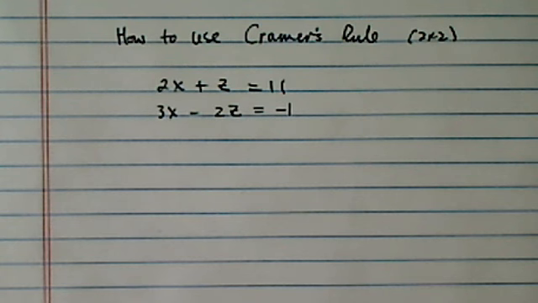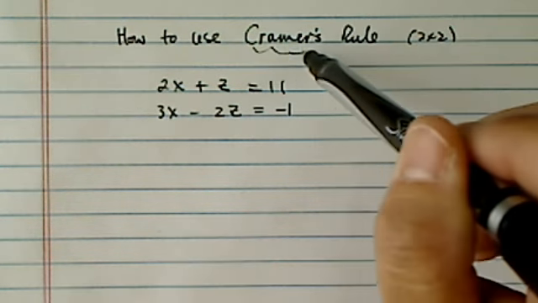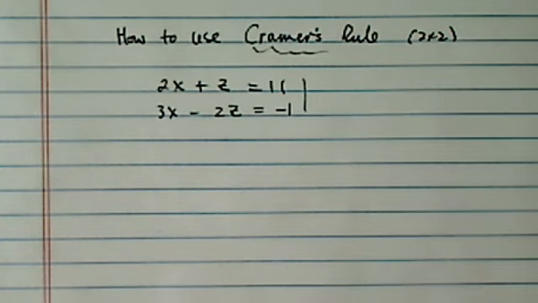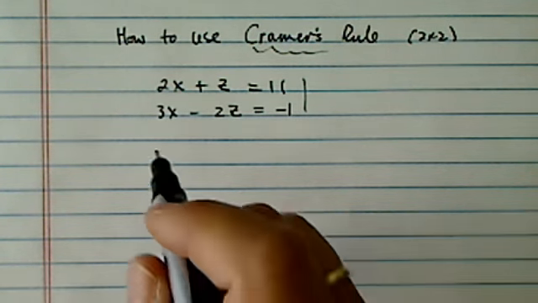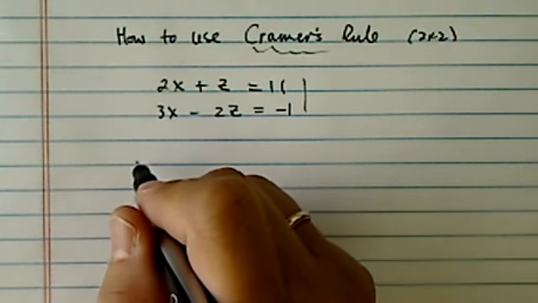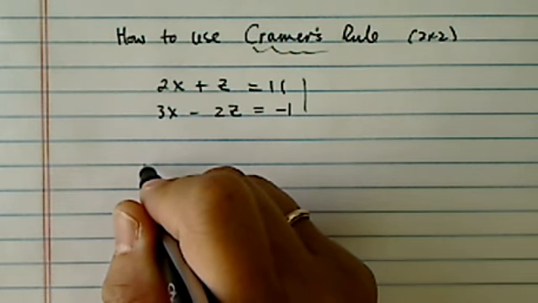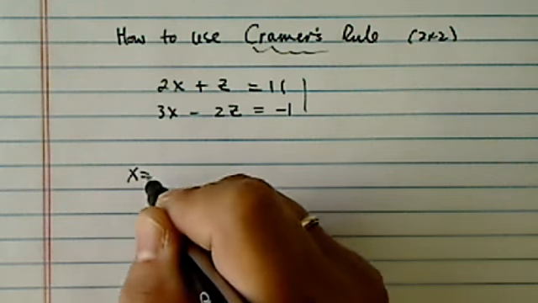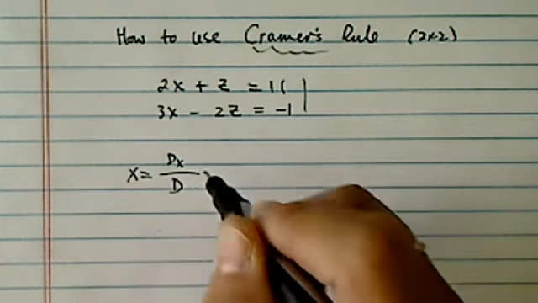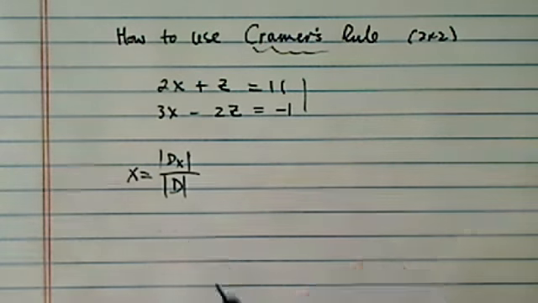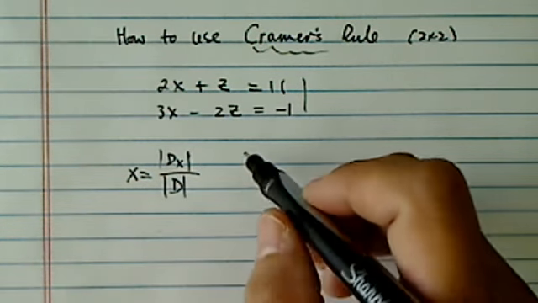We have an interesting problem to solve here where we're told to use Cramer's rule to solve our 2 by 2 equation. Cramer's rule is named after Swiss mathematician Gabriel Cramer, an 18th century mathematician. The essence of this method is really elegant in that all you have to do is find the 2 by 2 matrix, because we have a 2 by 2